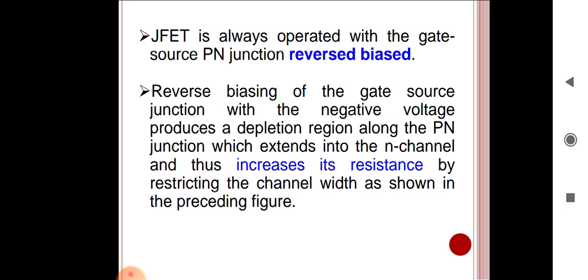So penetration of the depletion layer in the n-type bar depends on reverse bias voltage. So maximum charge carriers are available for conduction. The value of drain current corresponding to VGS equal to 0 volt is called the source saturation current, and it is denoted by IDSS. IDSS corresponds to maximum drain current because the channel is widest for VGS equal to 0,